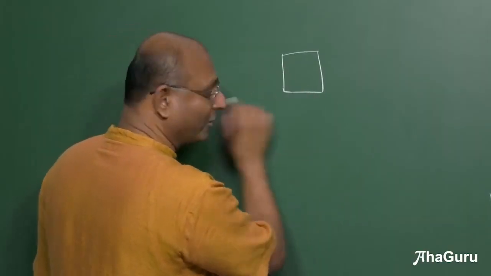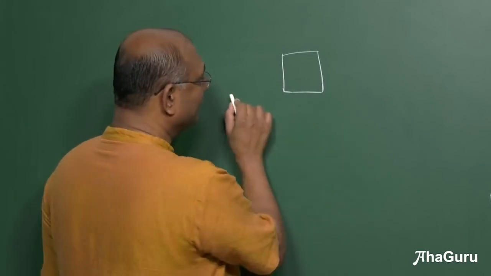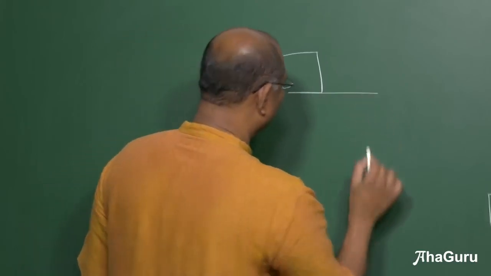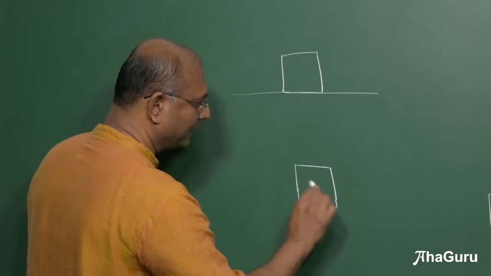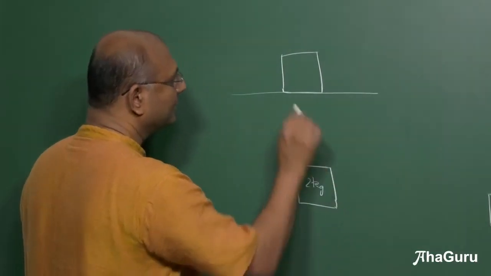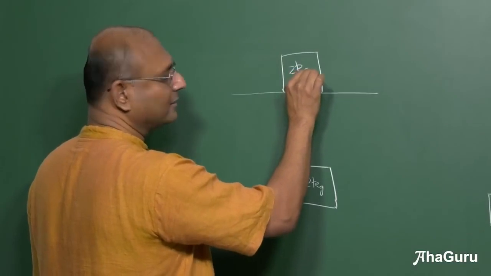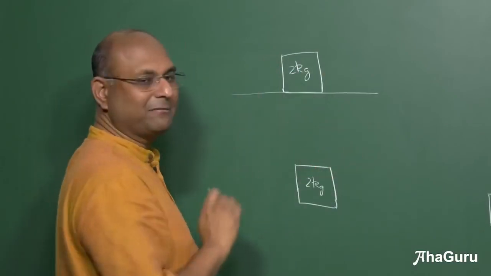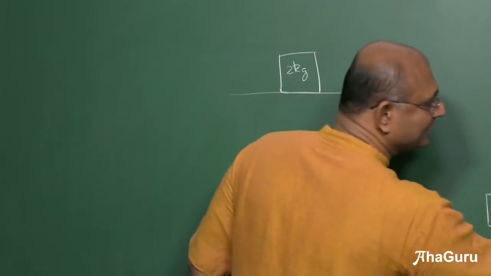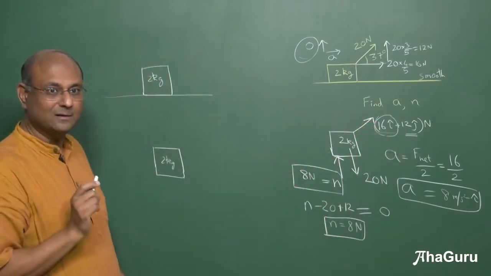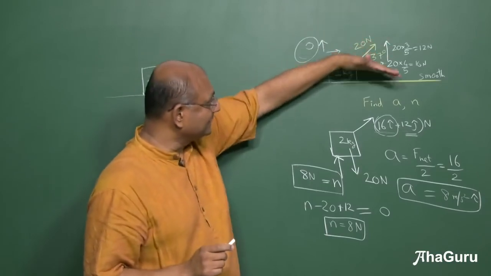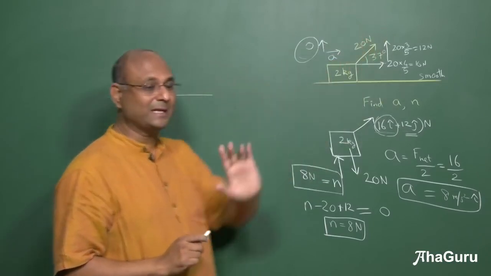Remember that this is actually on the floor. Okay, so I will draw it with the floor and I will also draw the free body diagram below. This is a 2 kg block. Okay, this is just to understand. After that we can do it a little better. Now this force, remember it was 16 I cap plus 12 j cap, right? That's what we found. The 20 newtons is actually 16 newtons like this and 12 newtons like that.